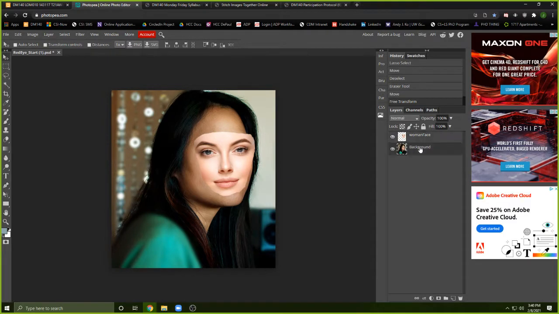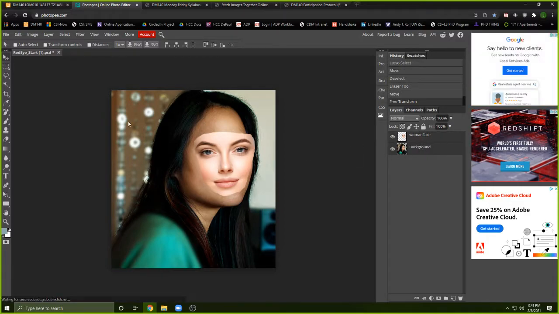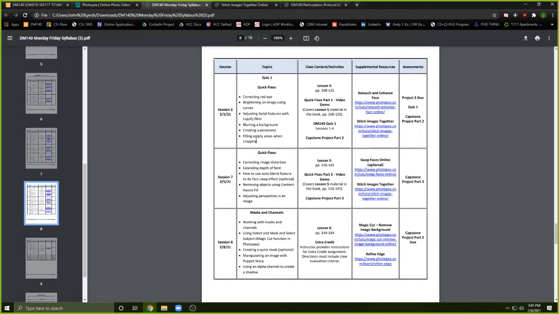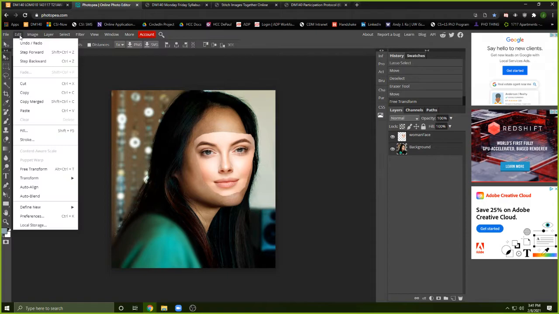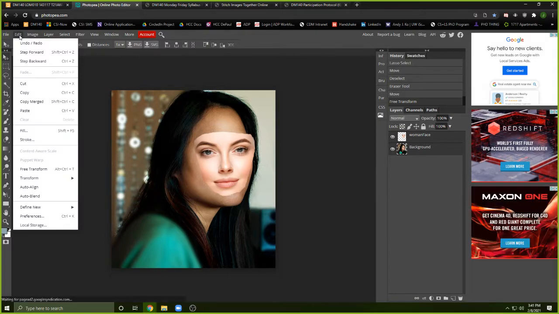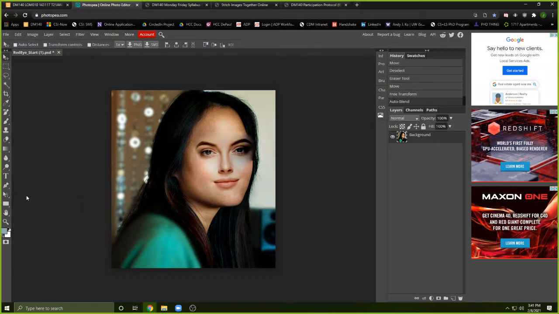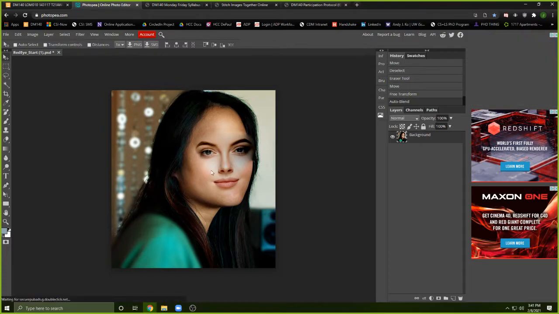So what I can do is I can try to select these two images at once. So what I did there is I selected my background layer, and then holding shift on my keyboard, I selected the other layer above it. And then what I'm going to try to do now is this thing called auto blend, which is talked about here to do the face swap. And I can go to edits, and while I have my two layers selected, I could try out my auto blend. And you'll notice, of course, it looks really odd, but you'll see that the face that was a very